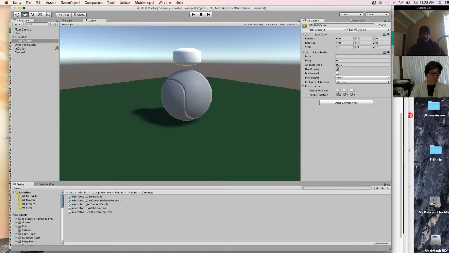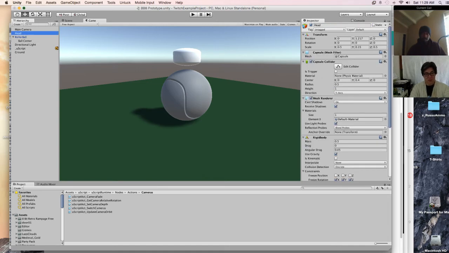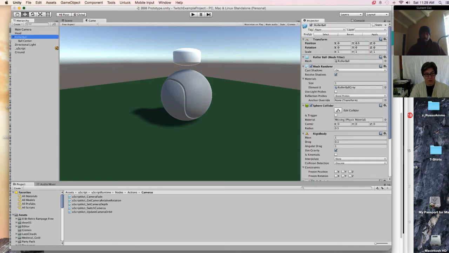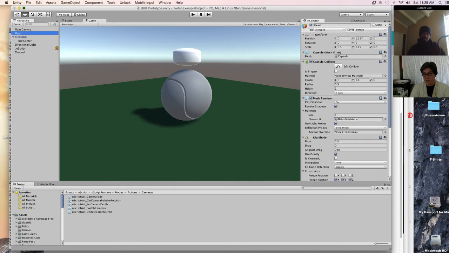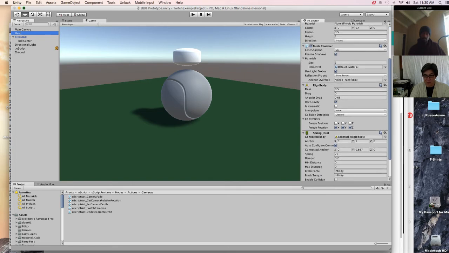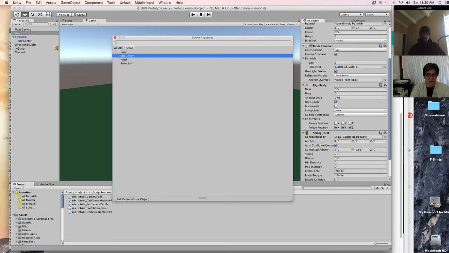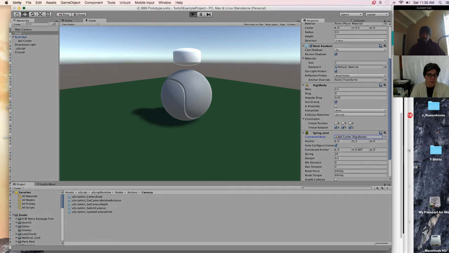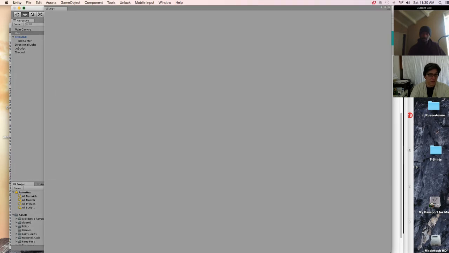Call that ball center. I'll take the head. So notice I took the head off of the roller ball hierarchy. Because I have a joint, it almost doesn't matter now. That's an organizational thing. But let's have this, instead of attaching to that, attach to what I've just called the ball center. And let's see how that goes for us.